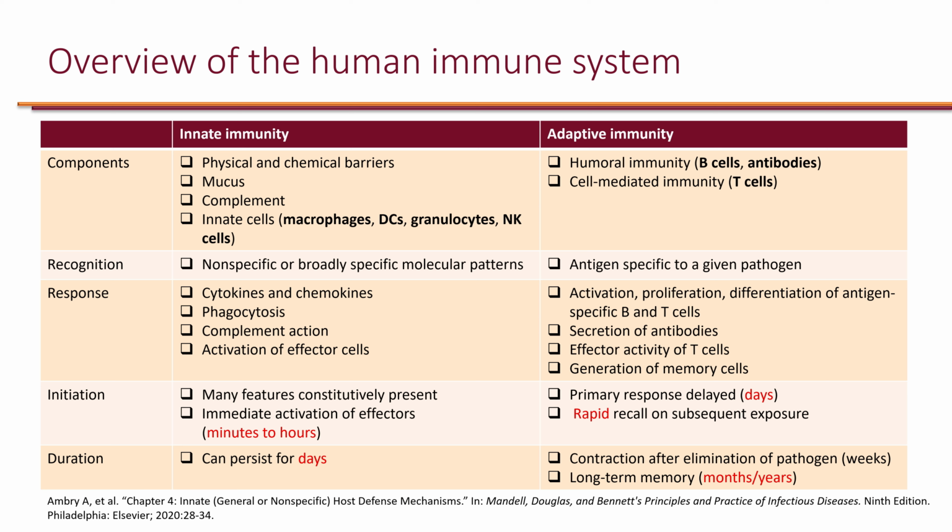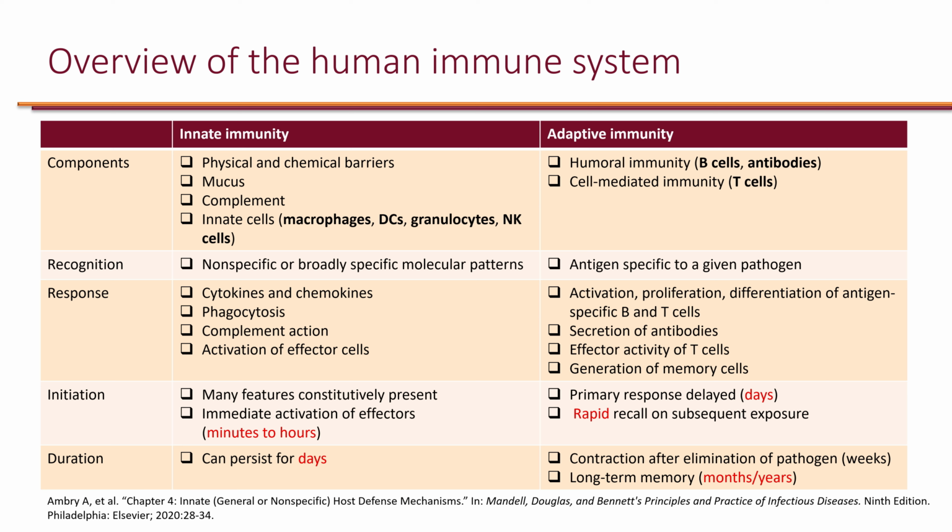We can think of the immune system as innate immunity and adaptive immunity. The components of innate immunity include physical and chemical barriers. So physical, you can think of the skin, which basically prevents pathogens from entering the body. And chemical barriers, you can think of components of the saliva, and perhaps most importantly, the gastric acids that basically kill pathogens. Other components of innate immunity include mucus, the complement system, and innate cells such as macrophages, dendritic cells,